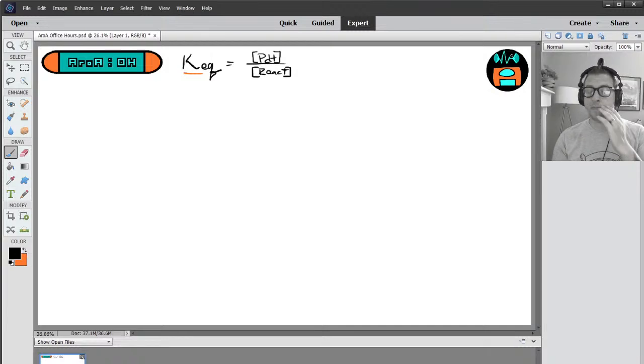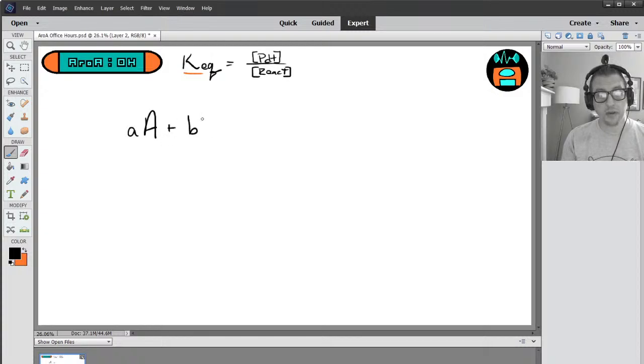Zeroing in on a more precise mathematical equation, if you have a reversible reaction with reactants A and B and products C and D, the equilibrium constant